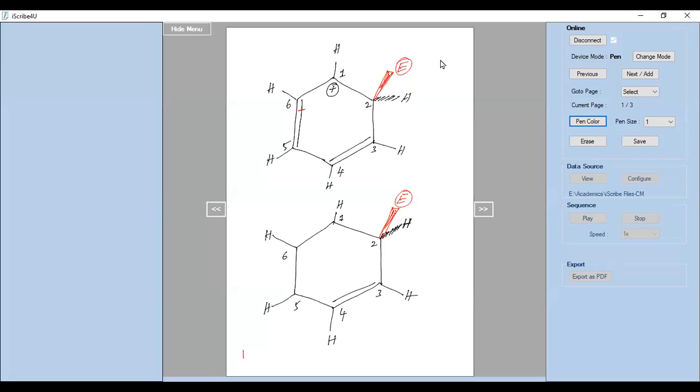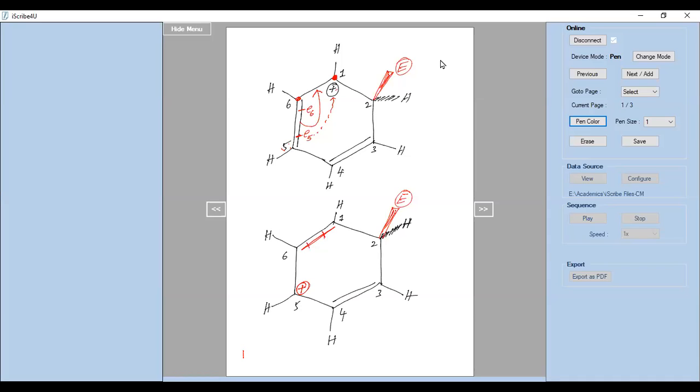The pi electrons present between C5 and C6, E5 meaning the electron belonging to the 5th carbon, are going to form a pi bond between C6 and C1. As a result, carbon atom 1 will get one extra electron from C5. This electron will be shifted here, so C5 will get positive charge. This is the new pi bond formed, and this will get positive charge.